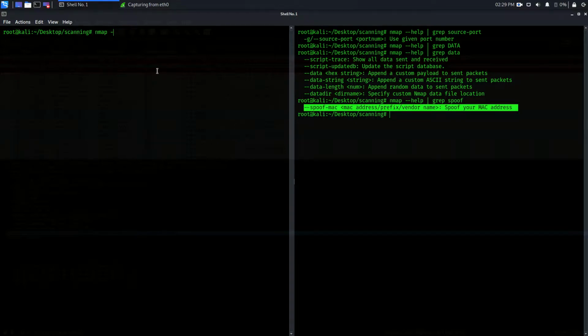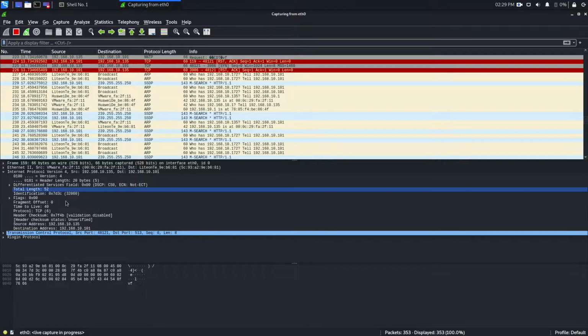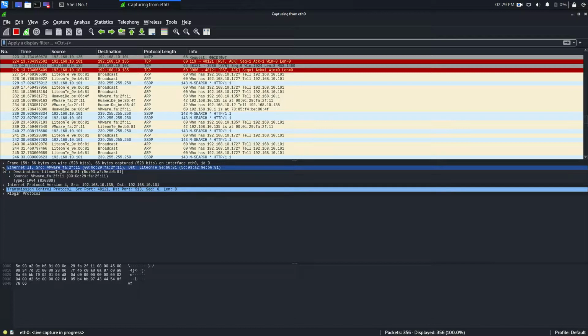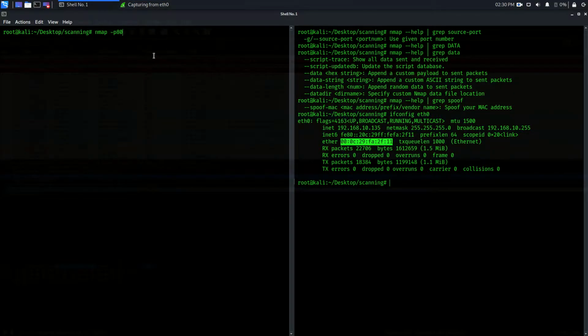I'm not going to scan everything, first of all just to show you, and one more thing I want to show you here, ifconfig and eth0. I want to show you my MAC address. Yeah, this is my MAC address, right? And if you go in the previous scans, data link layer, you will find that this is the source address, meaning my MAC address. And this time I'm going to spoof my MAC address to any of those developers' MAC addresses.